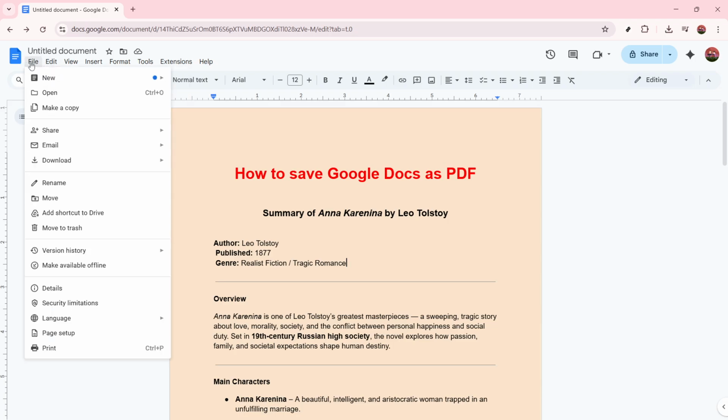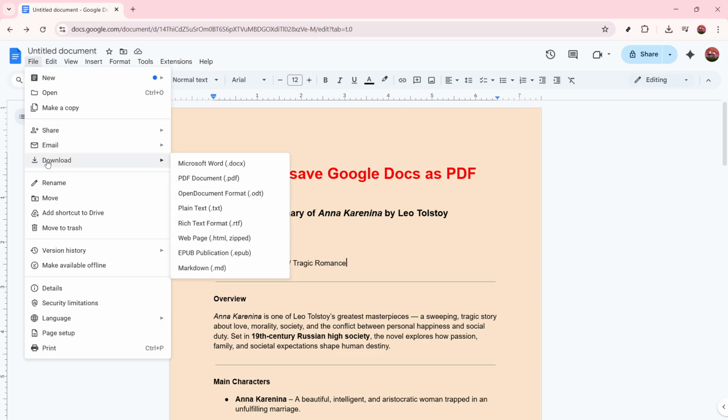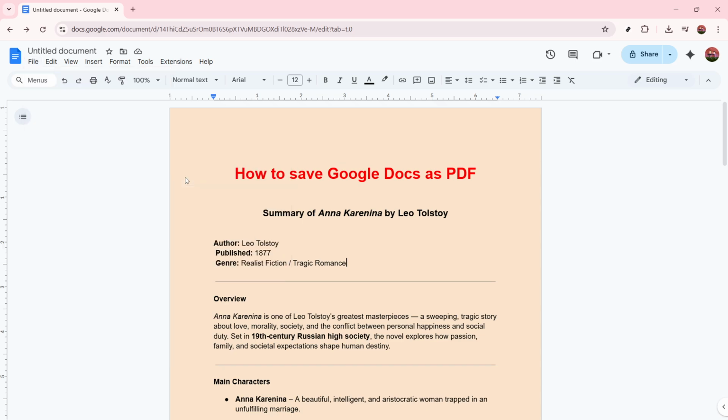There, you will find a menu option labeled File. Clicking on File will reveal a drop-down menu brimming with additional options crucial for handling your document. From this menu, look for the option that says Download. Hovering over or clicking Download will present you with more choices. You will see several formats listed, but for the purpose of this tutorial, we'll focus on the one that reads